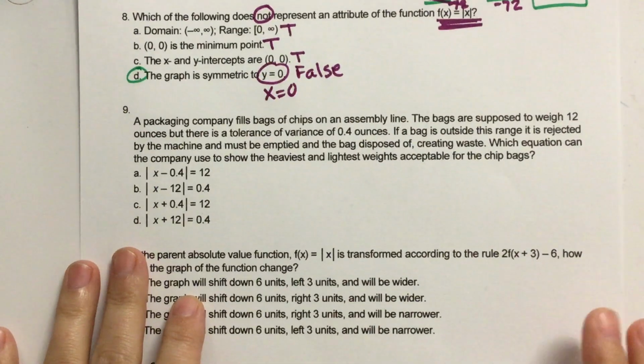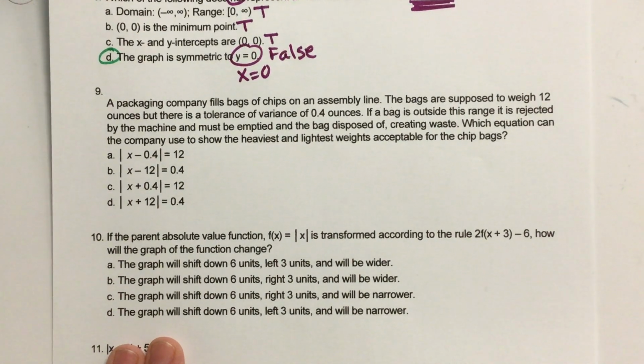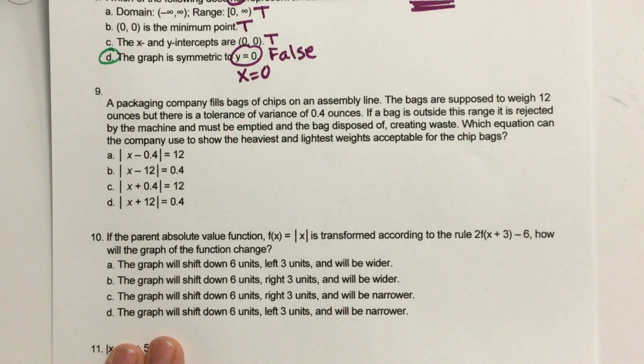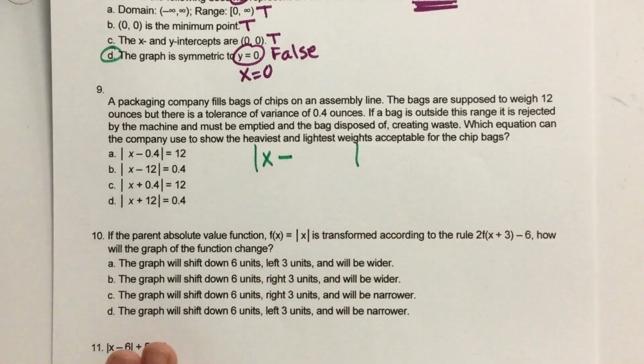Okay, number 9 here. A packaging company fills bags of chips on an assembly line. The bags are supposed to weigh 12 ounces, but there's a tolerance of variation of 0.4 ounces. If a bag is outside this range, it is rejected by the machine and must be emptied and the bag disposed of, creating waste. Which equation can the company use to show the heaviest and lightest weights acceptable for the chip bags? Okay, so the way this works, it's always x minus